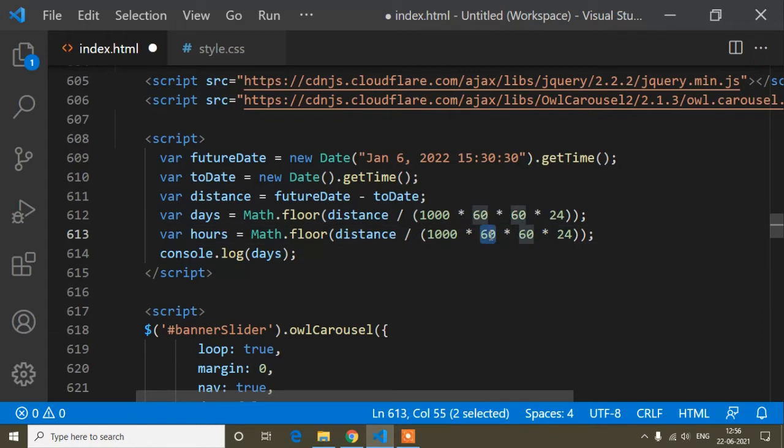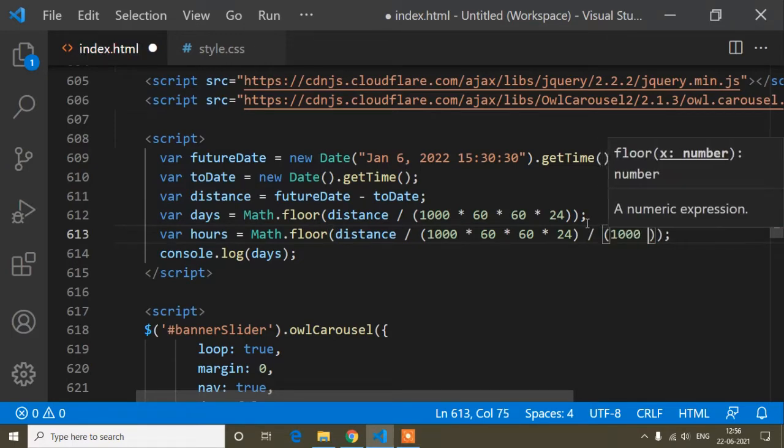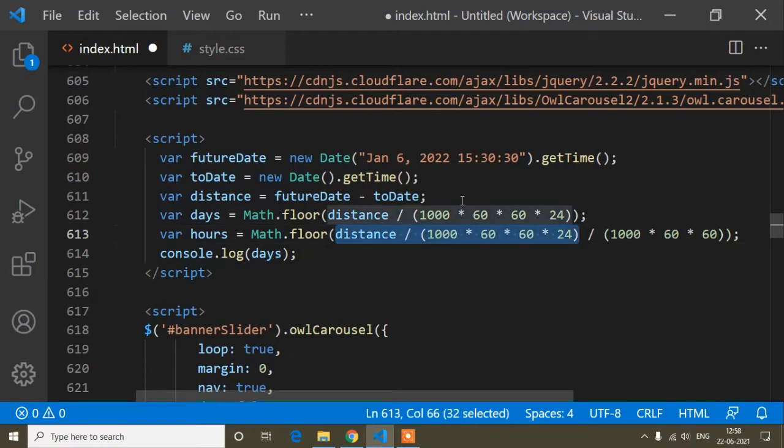So for hours, guys, you have to write this calculation like 60 60 24, this one is perfect, and here you have to divide 1000 into 60 into 60. Okay, this one, and guys, here I will write a parenthesis, and here I will change into percentage. So this calculation I will explain, why I have written this one.